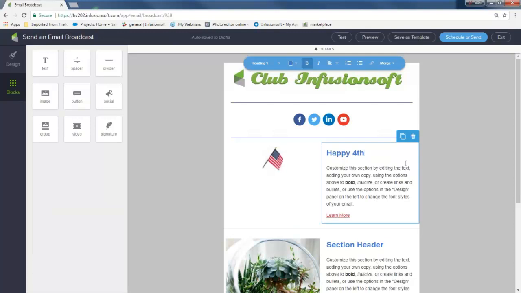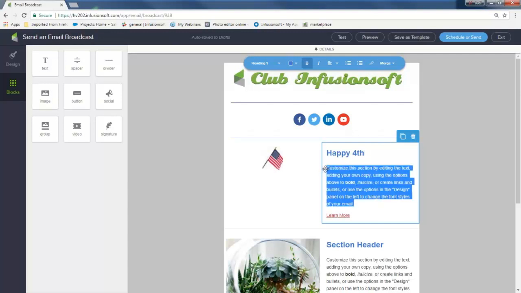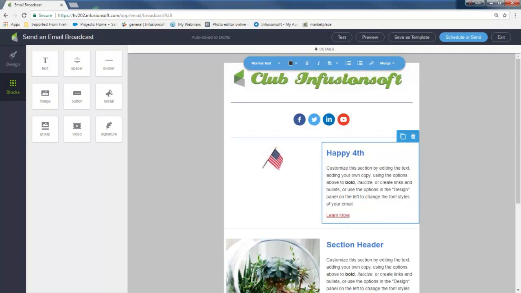And come over and change the content. When you go to change the content, if you have content already created in MailChimp or on a Microsoft Word doc, you can just copy that and paste it right in here. Now you'll notice that there is a Learn More link. What do I want to send them there? I want to send them some ideas for newsletters. So I'm going to highlight this and change it to Get Newsletter Ideas Now. Get Ideas Now. Put in your copy,